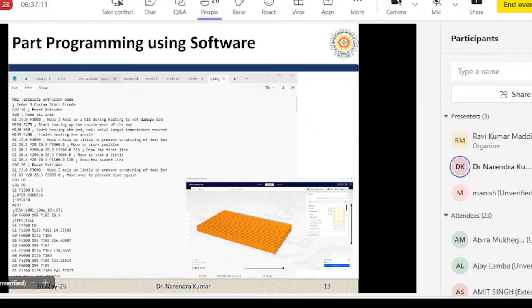Okay, so if you have an open source printer, like a printer from the Ender company, or from Creality, or from any other open source based companies, right? Cura can be used. So what I've done, for a simple rectangular strip, I have generated this code using Cura. Okay. So if you look at the code,